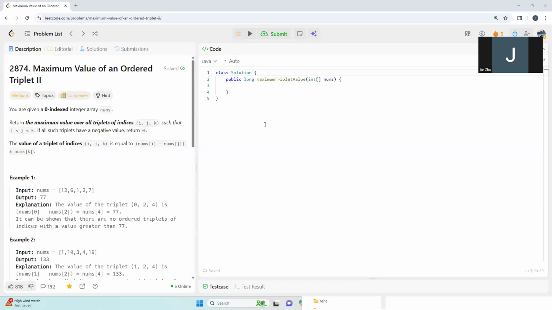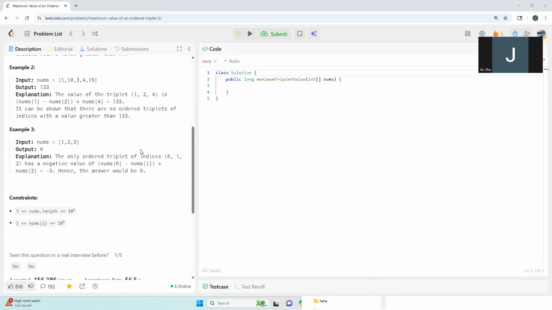Let's go through LeetCode 2874, Maximal Value of an Ordered Triplet Tree. It gives us an integer array nums. So for this nums, every number